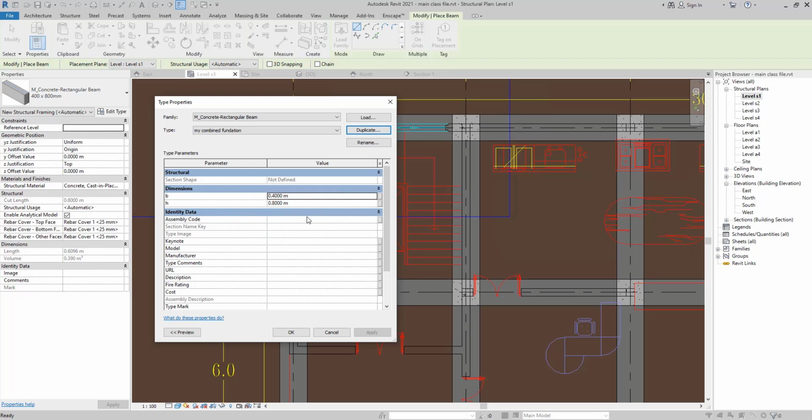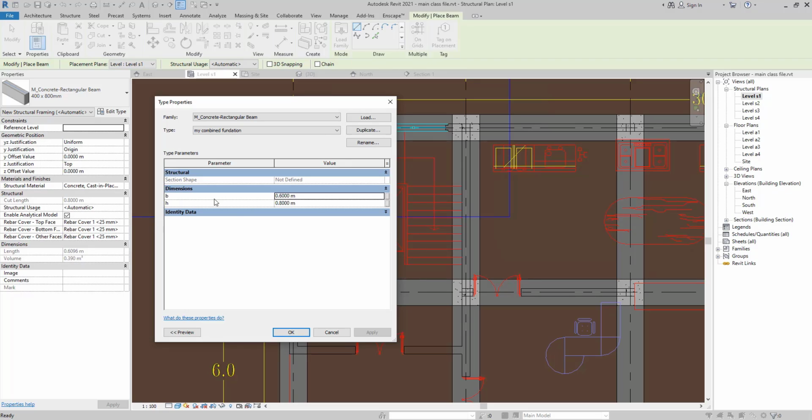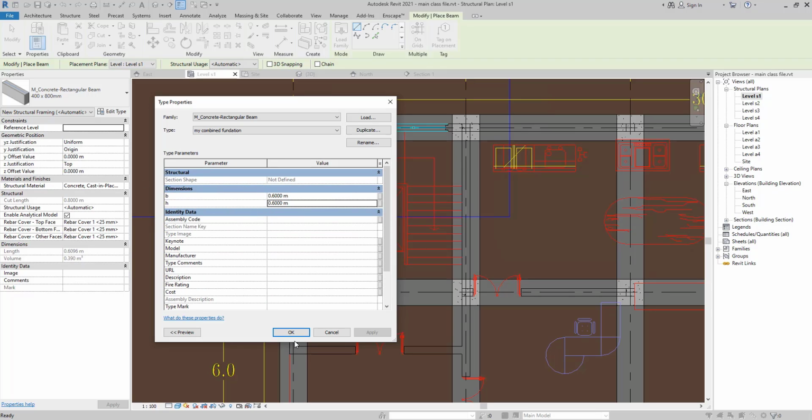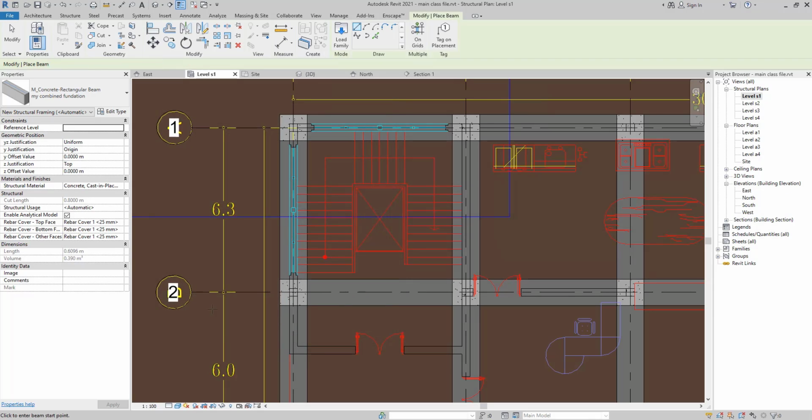So we are going to click OK, and here we are going to put this measurement by 0.6. That's it. We are just going to change our dimension, click OK, and it's already with the material